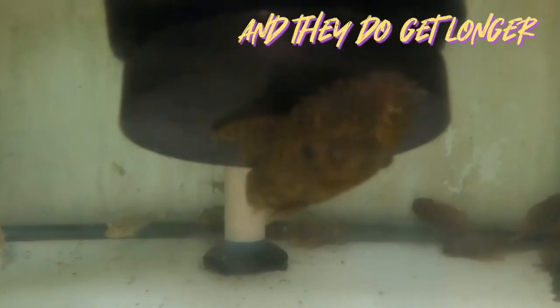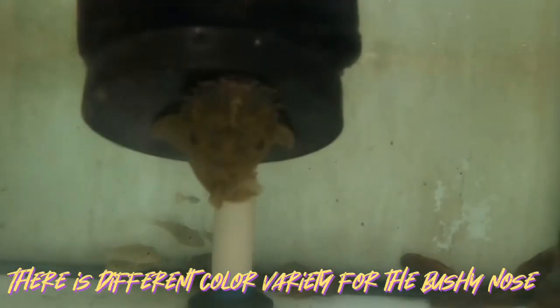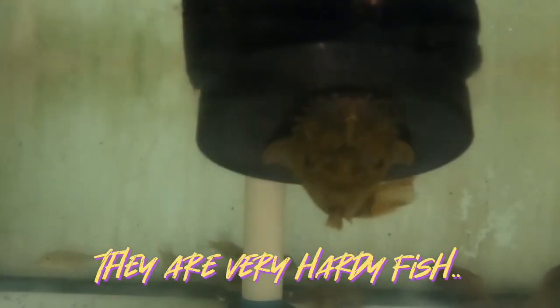But they have those barbels at the end of their nose that make them very distinct, and as they grow older they get longer, and hence they're called the bushy nose or bristle nose plecos. And they come in red varieties, long fin, albino. They're very hardy, been captive bred for probably a century, so there's a lot of variations